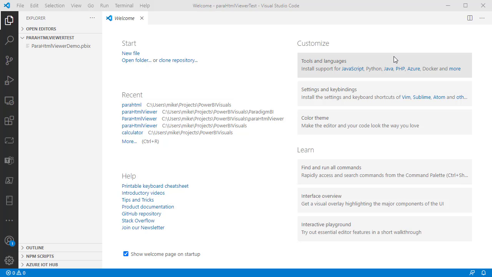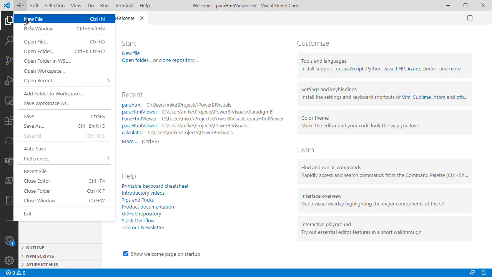Okay, I'm going to demonstrate creating a basic HTML fragment and then using it to display a KPI measure using the Para-HTML viewer. Hopefully this will work in one go. We'll try and keep it simple. So here I am in Visual Code. The first thing we'll do is create a new file